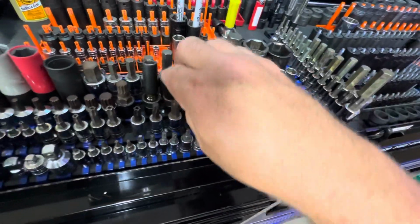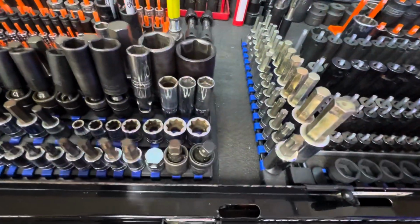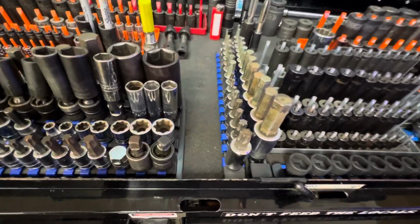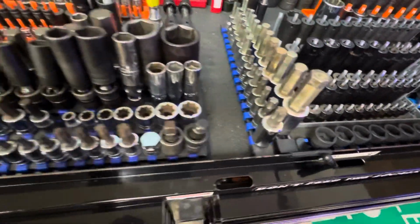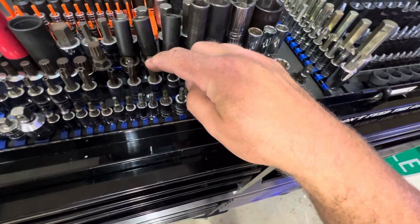Snap-on universals, 1/2 inch to 5/8, snap-on universal 5/8 and 13/16 spark plugs, 5/8 universal spark plug, a couple 14 millimeter 9/16 spark plug sockets, varying manufacturers, I think Sunex, Matco, 8-point snap-on sockets, 1/4 and 5/16 hex